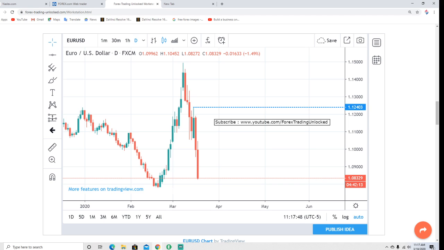And like I said, if you're trying to get in right now, don't try and fade these moves. Don't try and jump in front of a freight train. We're going into uncharted territory in the world right now. When things are happening so quickly and so radically, it's better that if you are not already in it and managing a trade, you look for viable options. Like I said, options, okay?